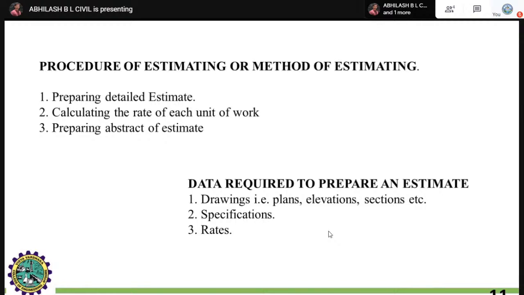Next, data required to prepare an estimate. What are the different data? Right? Some benchmark projects should be there for the calculation of such data. That is drawings: plan, elevation, section, whether it might be sections in different manners where a huge amount of components of the construction will take place. For example, underground sumps, right? Overhead tanks. These are the sections you have to take care of, in A sections, B sections, XX, YY direction. Like this, you have to take out the sections in order to get an accurate estimate for your particular building.